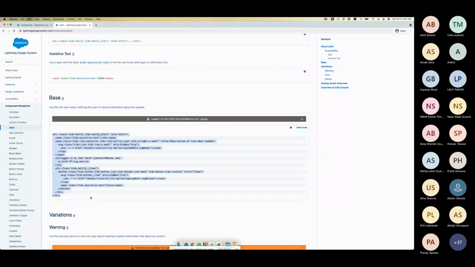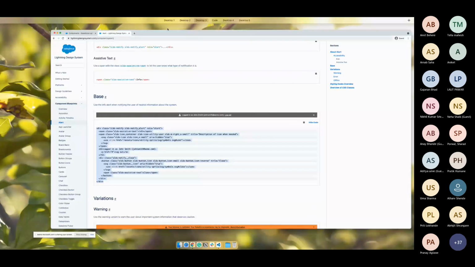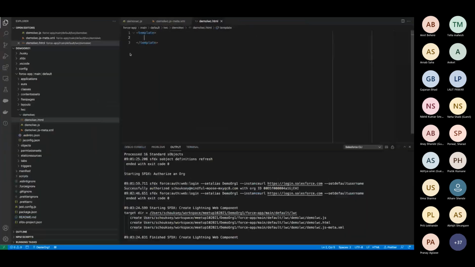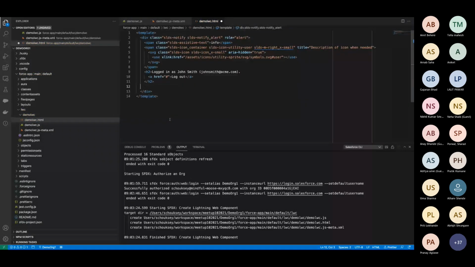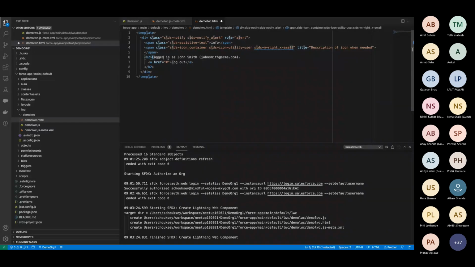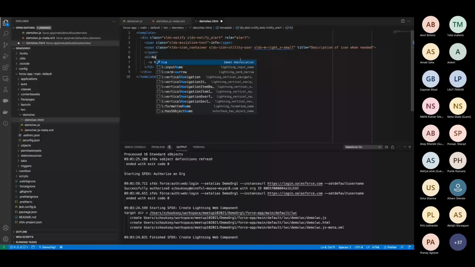I will copy paste this code and go into the backend. I will remove this class because it uses the SVG thing. There is Lightning text available, so we will go into the Lightning text quickly. Let's say meetup help sample, just something like this.